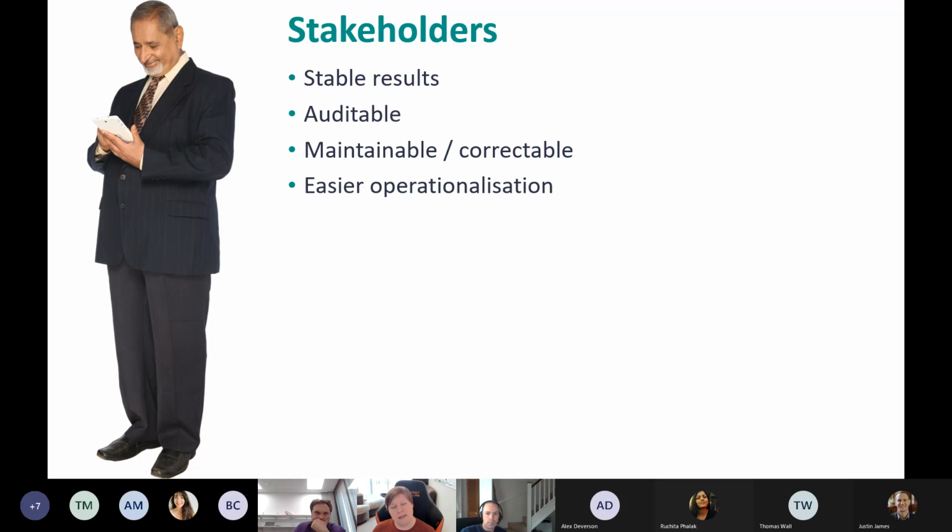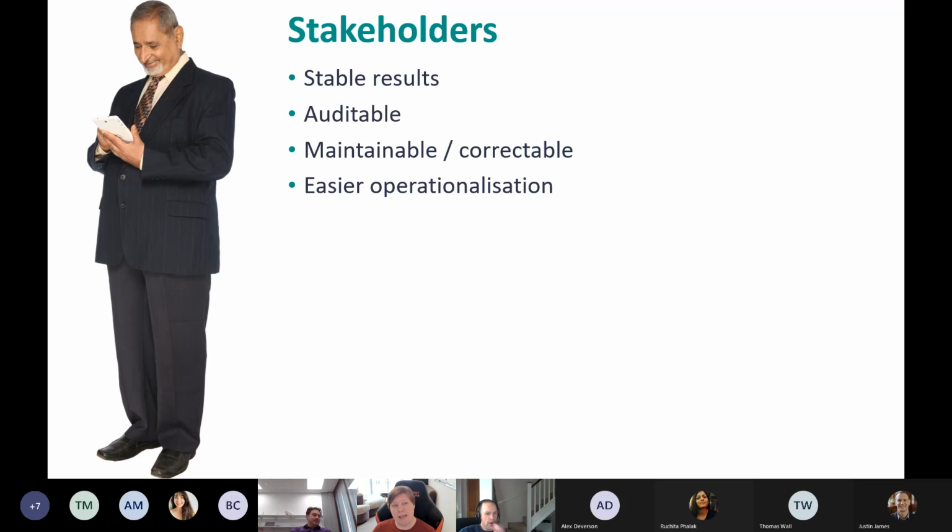Having the ability to say, this is the data I used, this is the code environment I used, here's the code, and now you can go and get the results, helps with auditing. So if you work in a regulated industry like financial services, healthcare, things like that, if you're making models that impact people or your business, quite often they have to go through a third-party audit or even approval from a regulator.